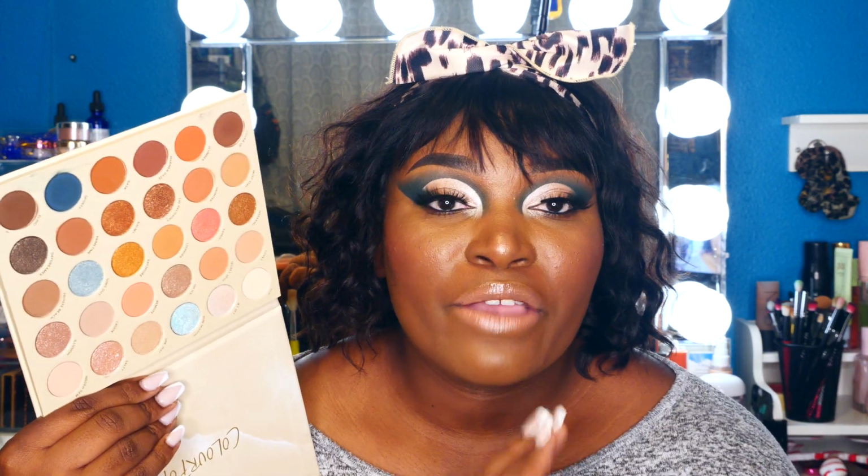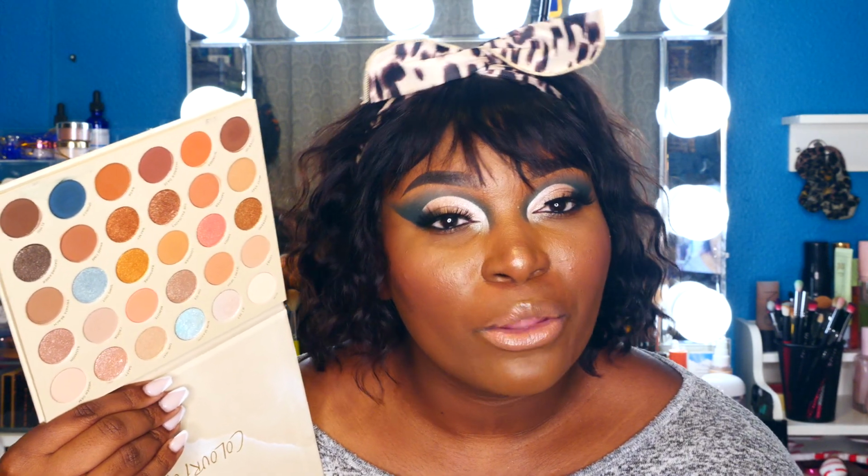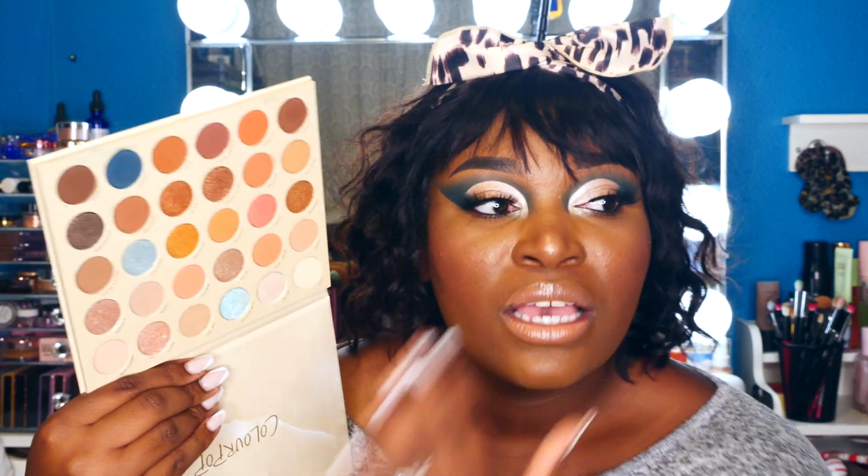But for me, this is my very first 30 pan palette from Colourpop, so I don't have these Colourpop shades in my collection. So for me, this is like a great way to start. I love it. So if you want to see any more looks with this palette, let me know